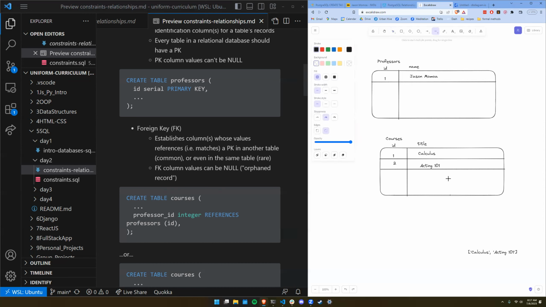Okay, so let's say we have some system where every course has exactly one professor. You can't have a course with more than one professor. Every course has one professor. So at that point, the question is, where do we want to do the reference? As in, we have this list of professors, we could have something where we say,